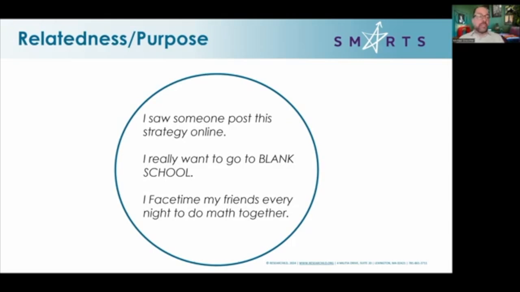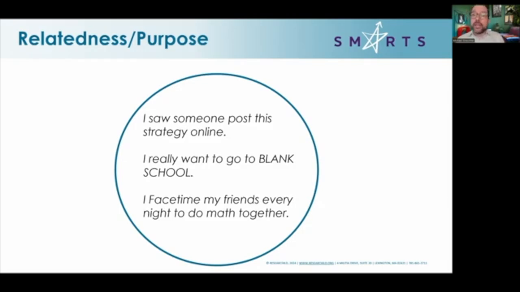And then finally, relatedness purpose. I love this top one. I've had more and more students, and these are mostly high school students I'm thinking of, and college, who kind of research their learning differences themselves. They're going into these online rabbit holes about ADHD and things like that. And they're like, oh, I love this strategy. One kid I'm thinking of, I guess they're a middle schooler, and they're trading Instagram reels with their dad about time management strategies.